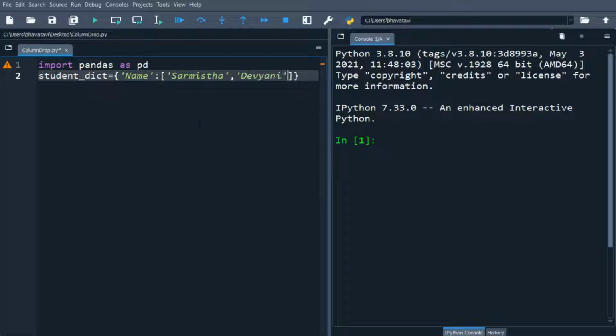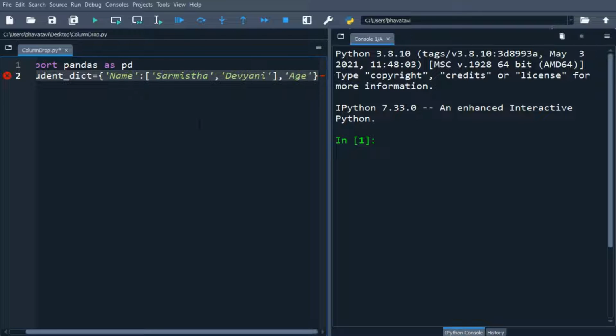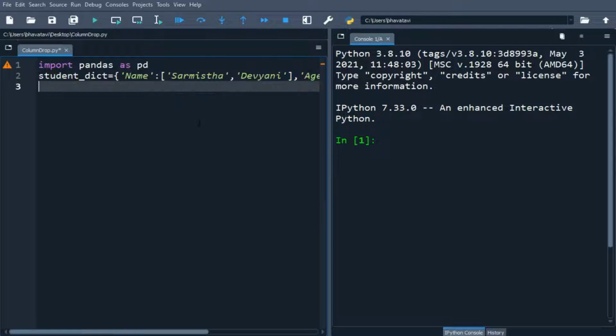Okay, there are two names, and let's say age equals 18 and 19, and let's put the marks also. 86 and 90. So this is our student dictionary.